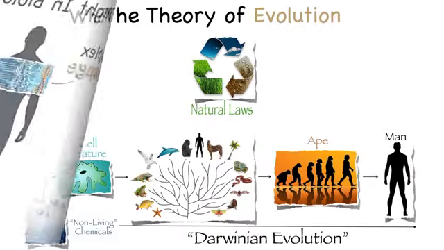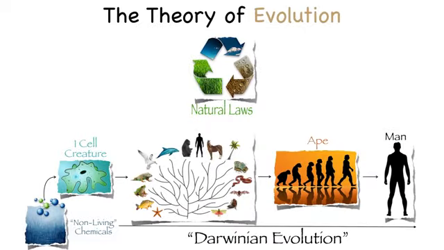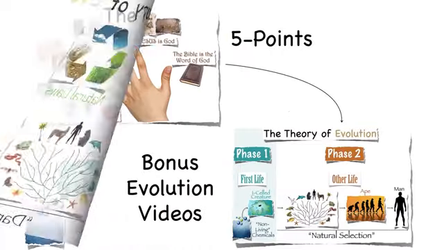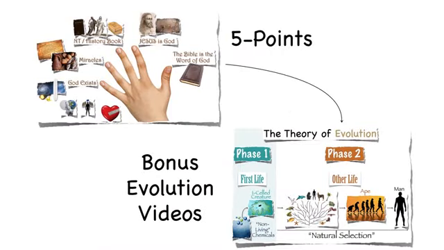This teaching fits with what we looked at earlier, the theory of evolution and the belief that there was no intelligence involved, only natural laws. Now, we're not going to be covering the topic of evolution in this video. However, we will have two bonus videos on the topic at the end of this course, after we have completed each of the five points here in our five-point hand illustration: God exists, miracles, and so on. I do have a few slides from those bonus videos that I'll share with you to give you a taste for what we'll be covering.